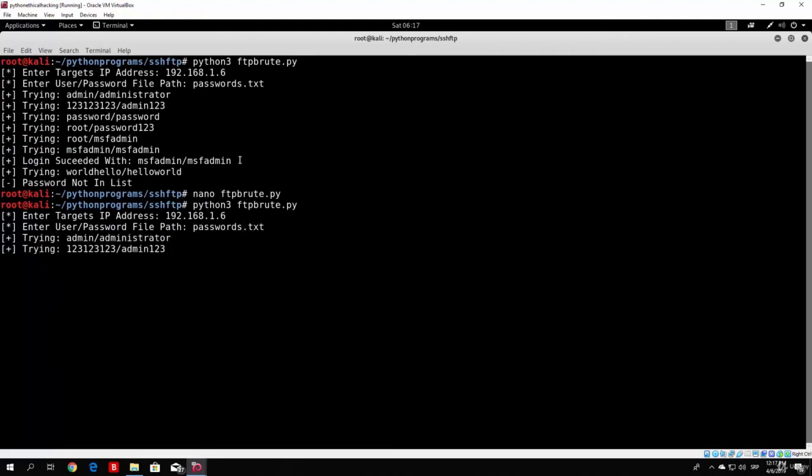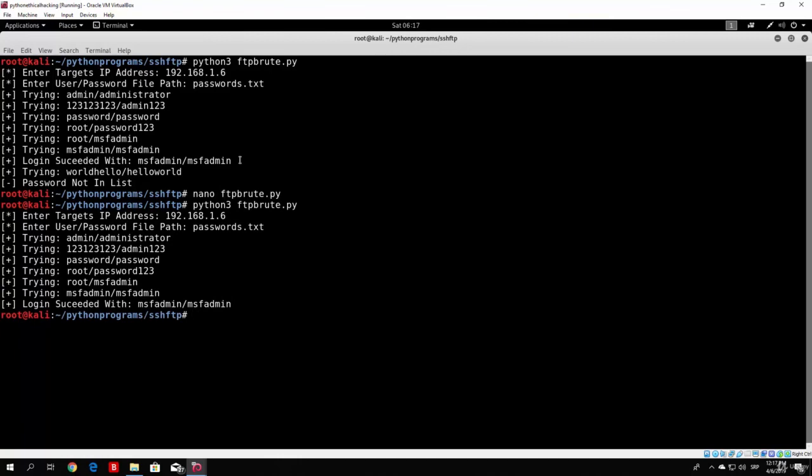Let's let this run. The next password should be the password for our account. And we can see right now, if we use the return, it returns from the function, so it doesn't continue doing it, and we get printed login succeeded with